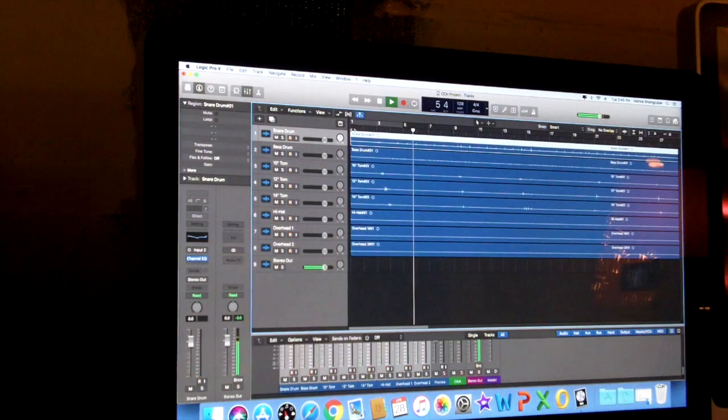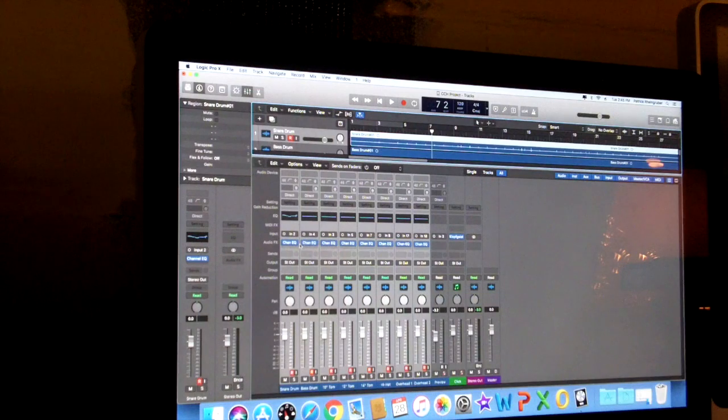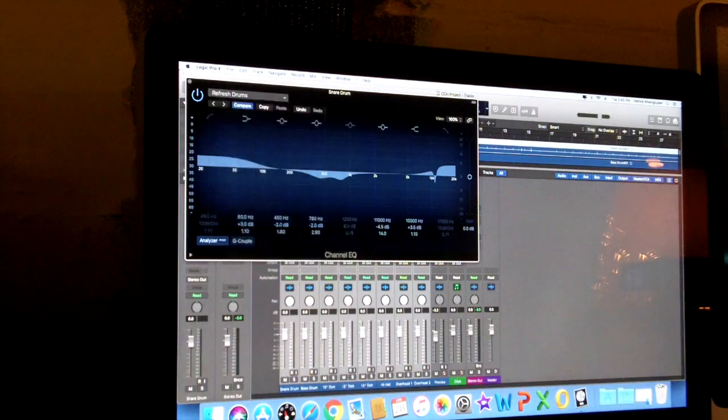Doing that on its own didn't really do much. Refined it a little bit, but not quite what we would want it to be, right? So what we're going to do is take a look at everything, and we're going to EQ it on its own. We'll do, what kind of snare do we want? We'll EQ it for just standard snare for the snare drum,